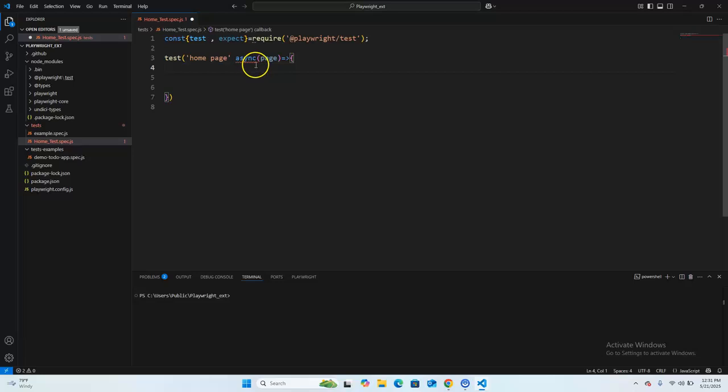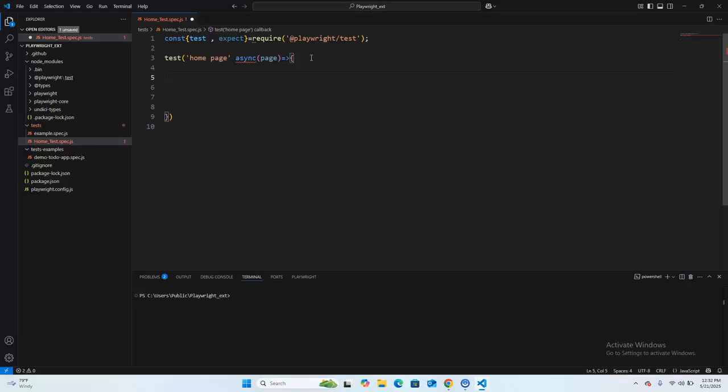So that's why we are using asynchronous, like in modern JavaScript or TypeScript, since browser automation involves a lot of I/O tasks like loading the page, clicking the button, fetching elements, or using these kinds of commands. So we will use asynchronous. So that's why we are using the async keyword, and within this we will use